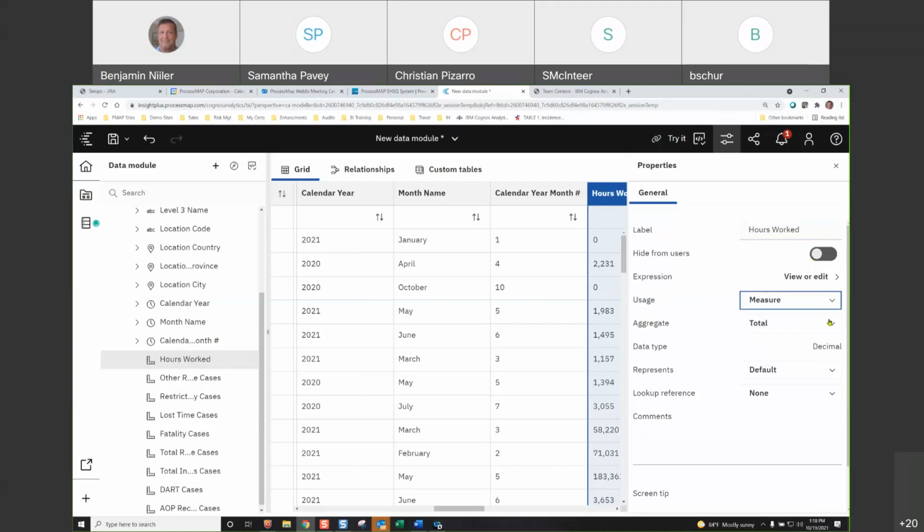Now, aggregating, it's pretty good at doing a default, but this is when you do a sum or summarize in your tables and crosstabs in your visual. So this will set the default of how you want to aggregate the data. Data type, that's pretty much set the way it is. Represents: default, lookup references, none. So there's not a whole lot you can do with the measures, pretty much just the totals. But if you have